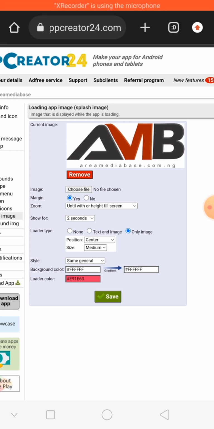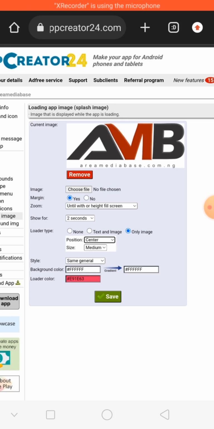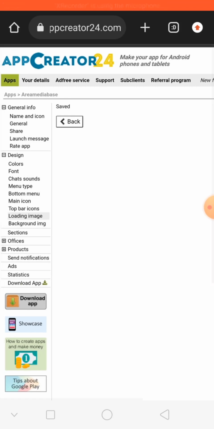So let's leave it like this, 2 seconds. You choose the time, you choose the position. If you want the logo to be shown on the app, you choose any one. So let's choose the center. I advise you always choose yours at the center. So this one now, let's go to